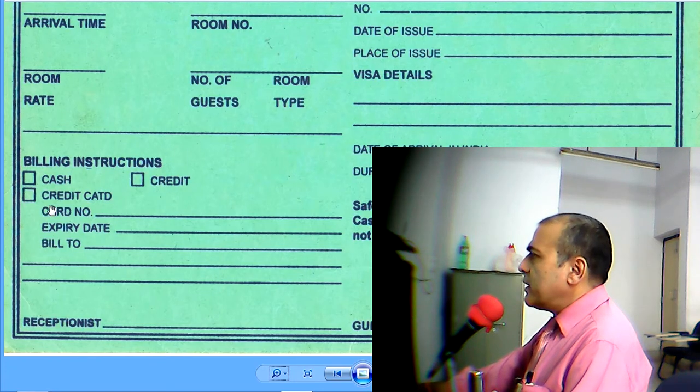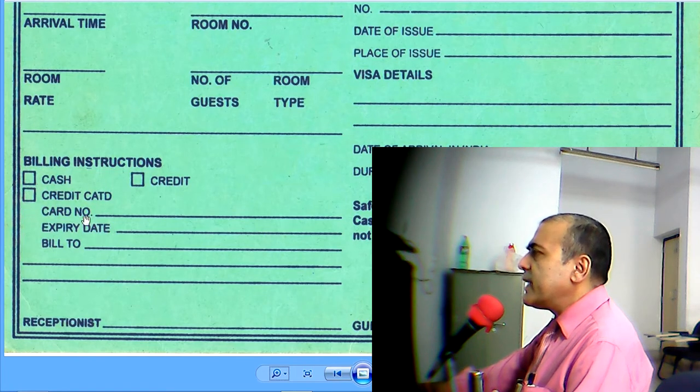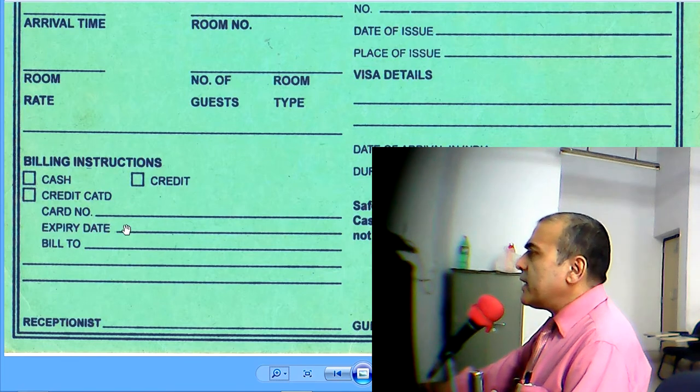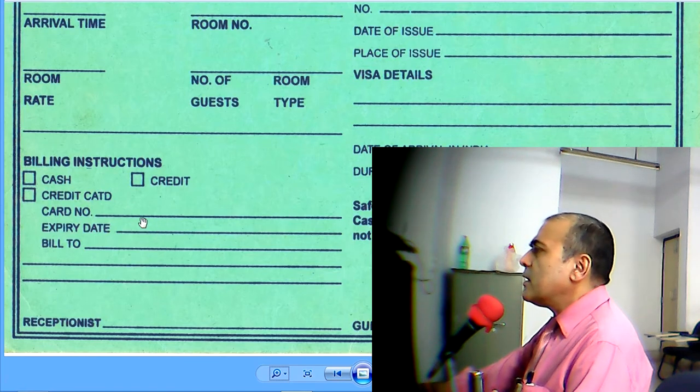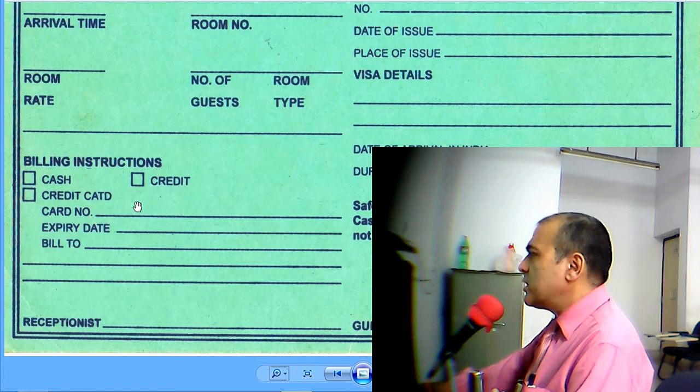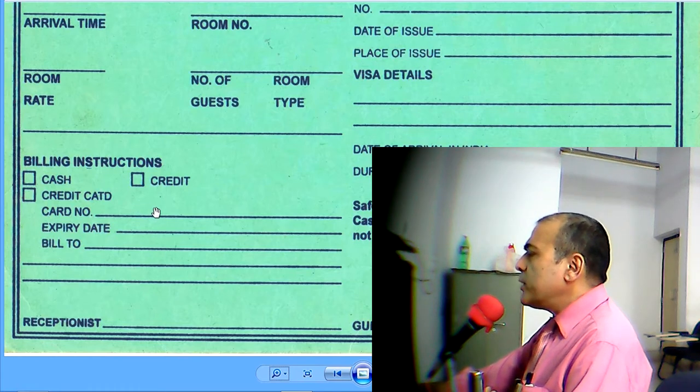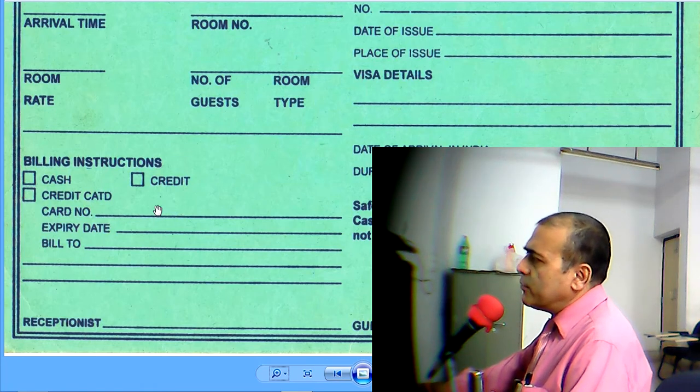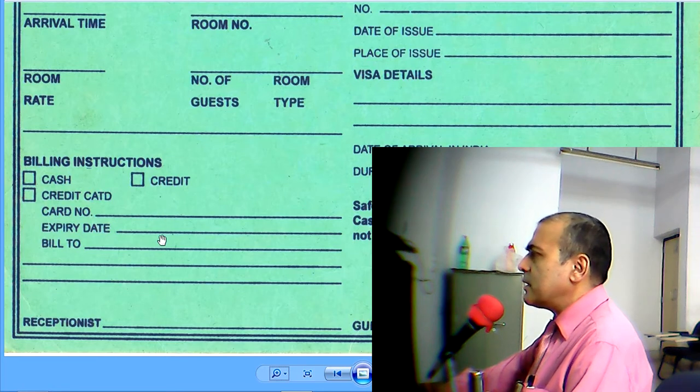And if mode of payment is credit card, then details must be filled in here. A card number of 16 digits must be mentioned here. Expiry date should be mentioned. Here I would like to inform my students about the cyber crime and the fraud of digital nature. So now we do not actually write the entire 16 digits of credit card number because that can be misused easily. And therefore, we write last 4 digits, last 6 digits, something like that.